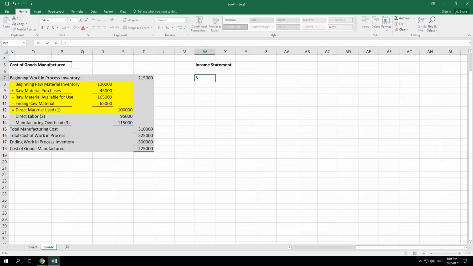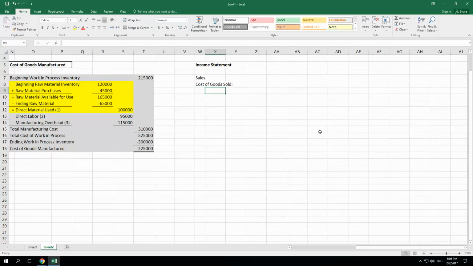So take, for instance, an income statement. You got sales, and then you're going to have cost of goods sold. And if you do the schedule directly on your income statement, to figure out cost of goods sold, you're going to have beginning finished goods